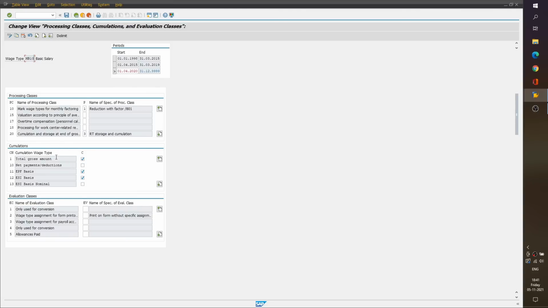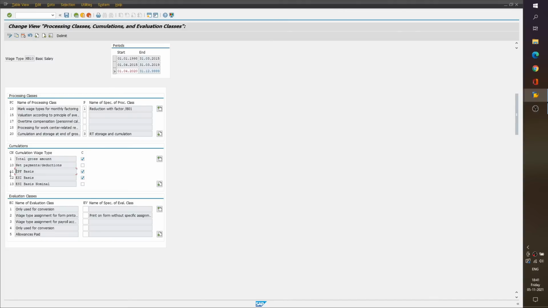For example, when we say EPF or ESI, there are certain components which have to be considered as basis for calculating employee PF. Whatever wage types should be a part of that, we come and check here.